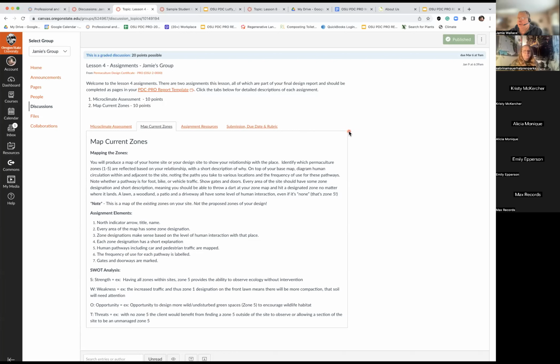And that's a very interesting part of the site analysis as well. So really in this section, we're looking at existing zones. So how yourself or your client moves about the site. And it's very interesting to see. We've seen some interesting sites that make a lot of sense, and then there occasionally is an element placed within it that doesn't make sense. An example of that might be, and we've seen this before, a chicken coop, which, that's wonderful, having